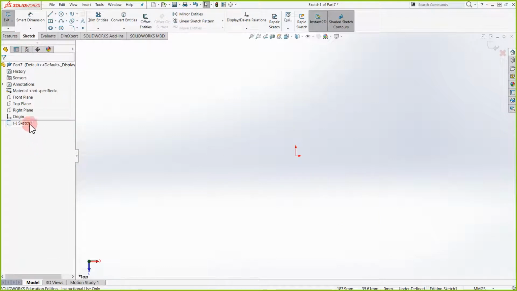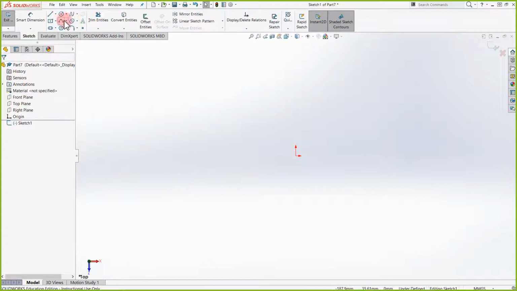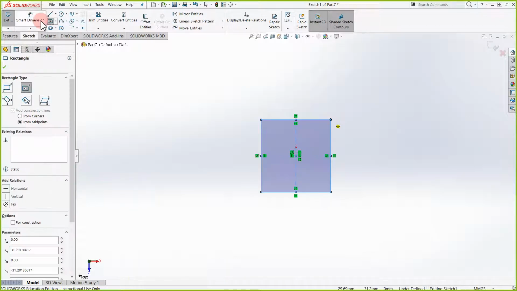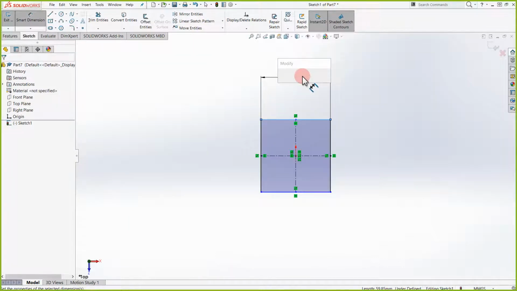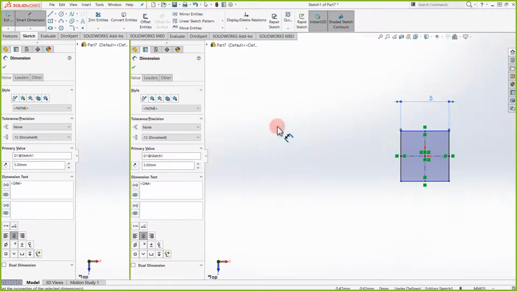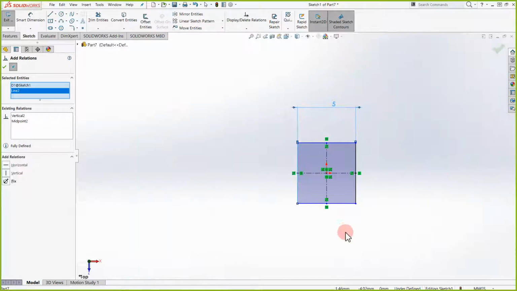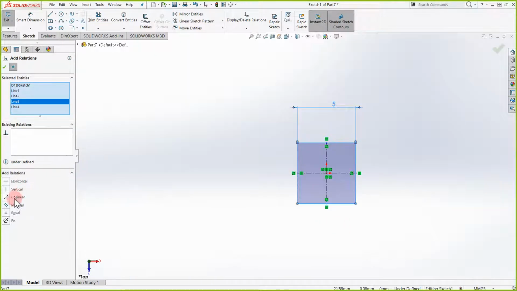As you see here, right away, instead of doing sketch, I went to feature and clicked on extrude, and automatically it opened up a sketch for me. So it's automatically going to do the rest as well. If I dimension this and say this is going to be 5, and I make them all equal to each other, I'm just making you a part. Okay, if I press the check mark